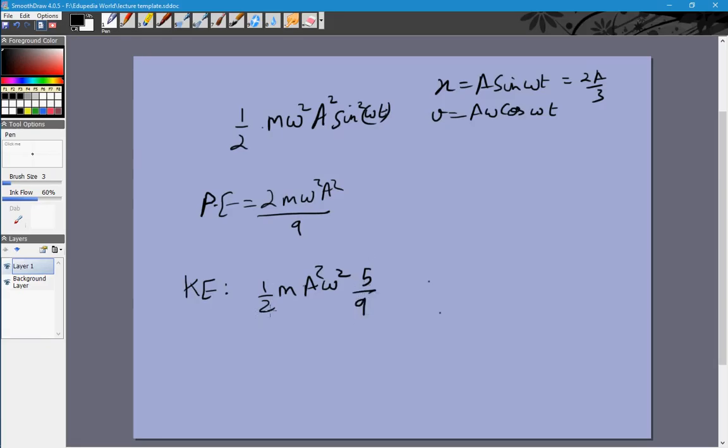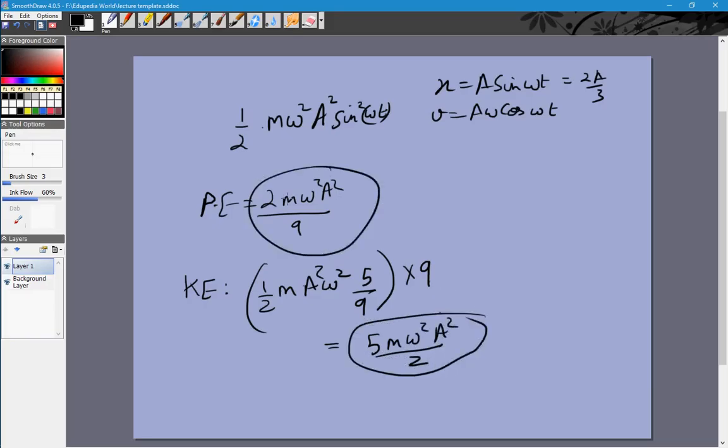So this is the initial kinetic energy. What is the final kinetic energy? This multiplied by 9, because the speed is tripled. So that gives us 5m omega square a squared by 2. Right. Now this is the kinetic energy, this is the potential energy. What is their sum? M omega squared a squared times 5 by 2 plus 2 by 9, or m omega squared a squared